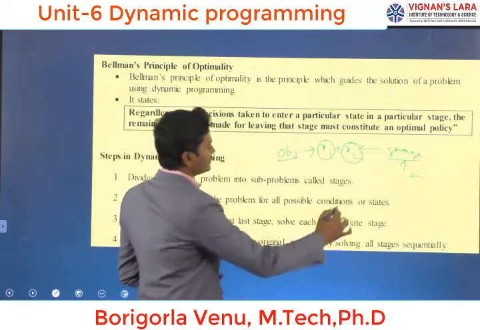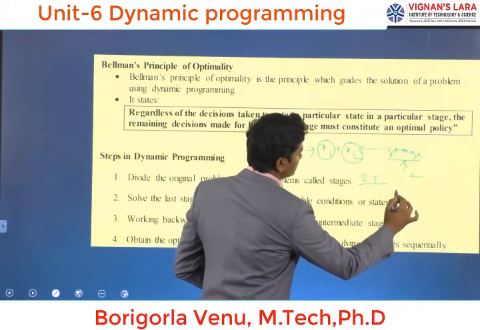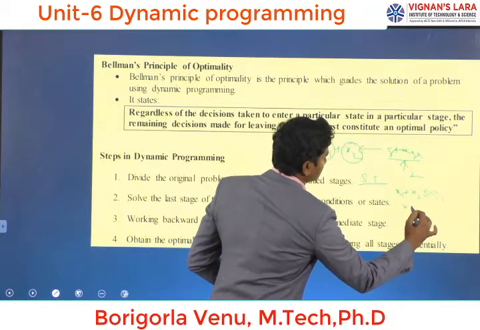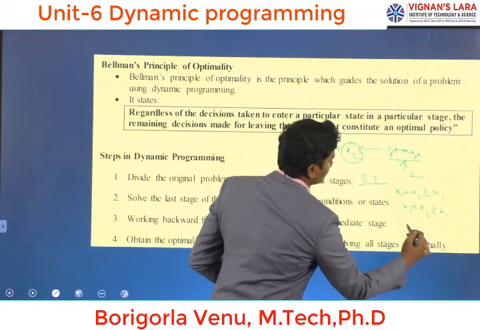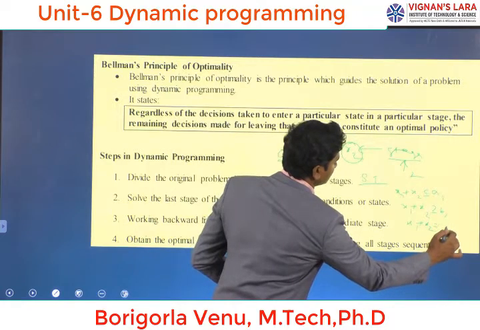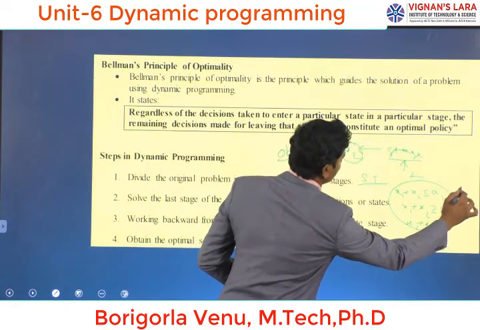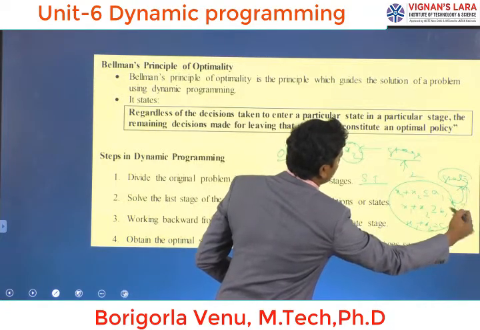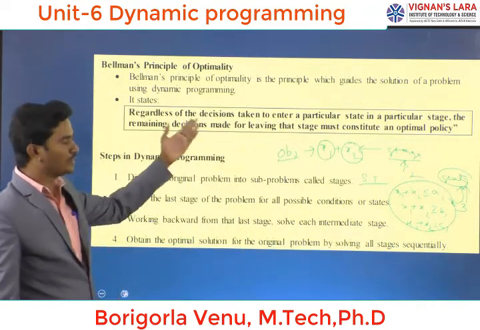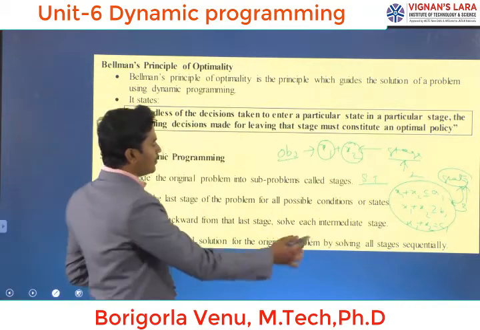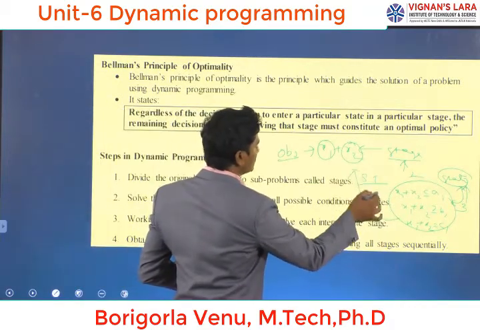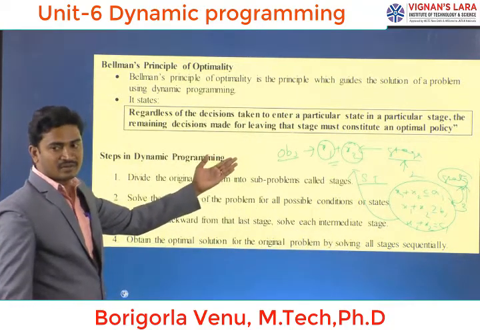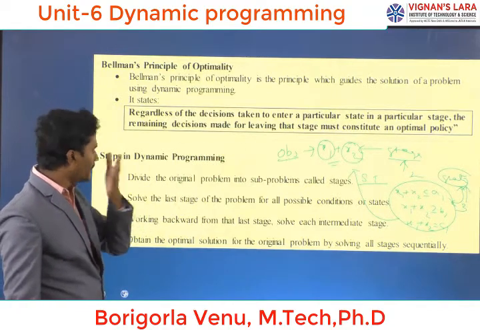Next, coming to the states, suppose we have the constraints x1, x2 less than or equal to a1, x1, x2 greater than or equal to b1, x1, x2 equal to c1, like that. These 3 are called the states. These constraints are called the states. So the given problem has 3 states. Like that we divide and calculate the optimal value. From these subject-to constraints and decision variables, we get x1, x2, then we get the maximum or minimum value, which is called the optimal value.